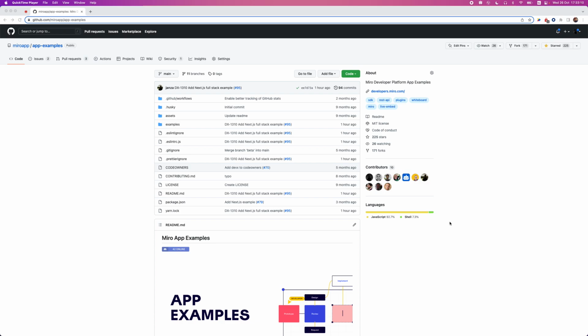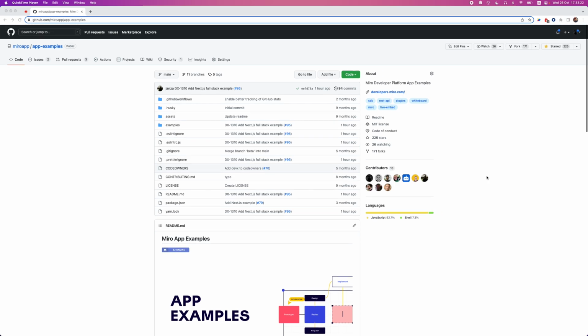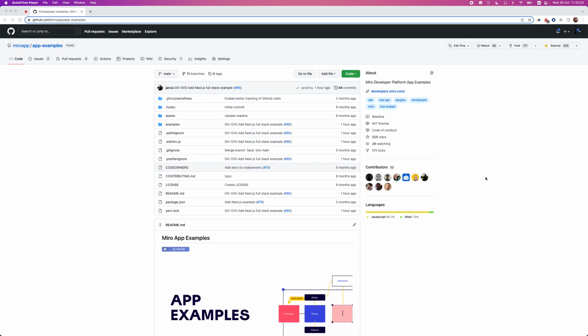I'm here to talk through some of the app examples that we have currently on Miro's GitHub, specifically one of the NextJS OAuth setups that we have. If you're not familiar with OAuth, it's a way that you can authenticate yourself, so you can use services like Miro's REST API. And today we're going to look at how that plays into integrating with a front-end application, specifically